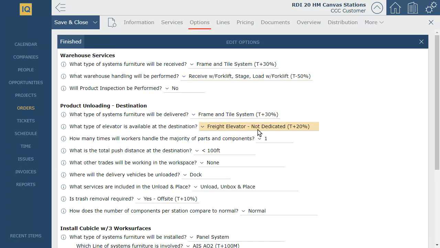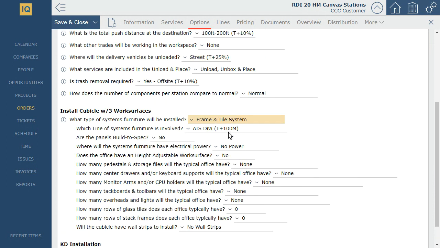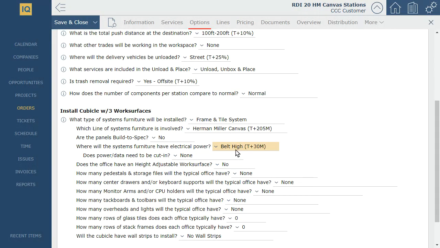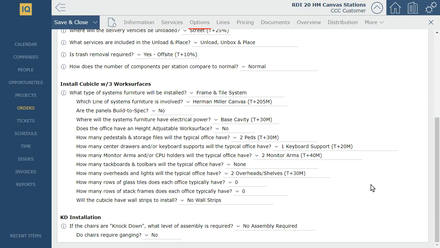We'll go through and select all the different options that we need for this, including adding time for longer pushes. If we're going to unload on the street, we need more time, etc. When we get down into the actual system, we need to be able to choose the system of furniture that we're going to be installing, define whether we have power or not, and the number of PEDs and other components that we have to deal with are going to increase the amount of time. Once all of these are selected, we are ready to move on to the Pricing tab